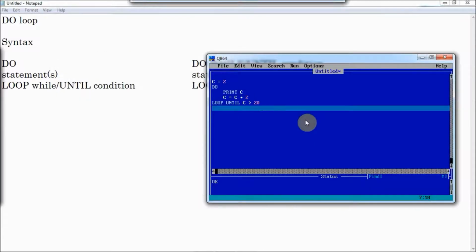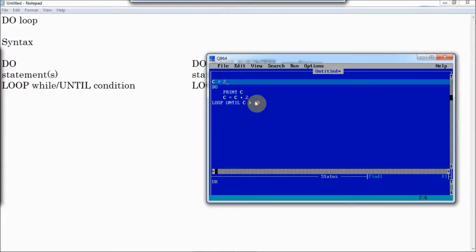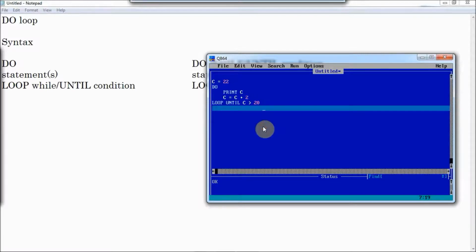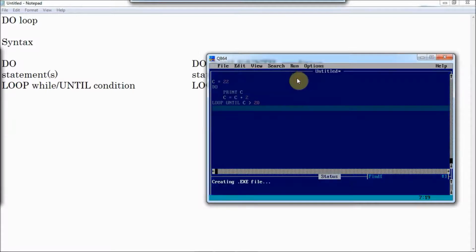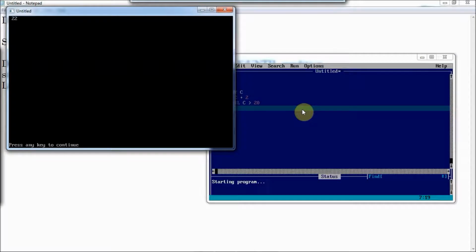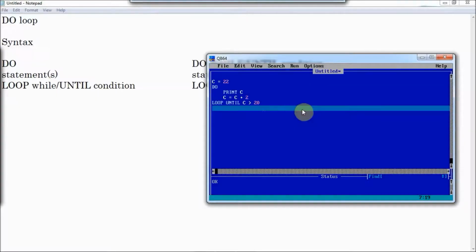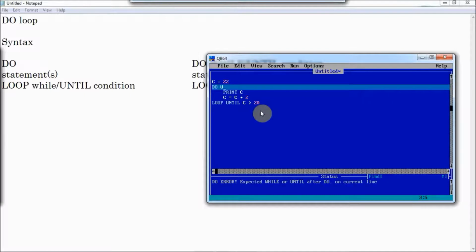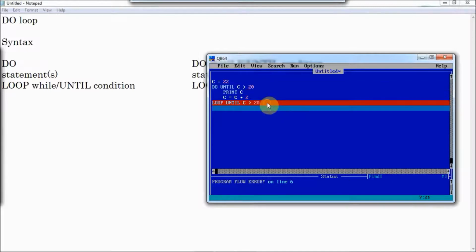As in the previous example, if your loop condition is already satisfied in the beginning, in pre-test it will not run, in post-test it will run at least once. For example, let's say C is 22, already greater than 20, but still it will run once. You see over there. But in a pre-test loop, if you had given until C greater than 20, this will not run even once.